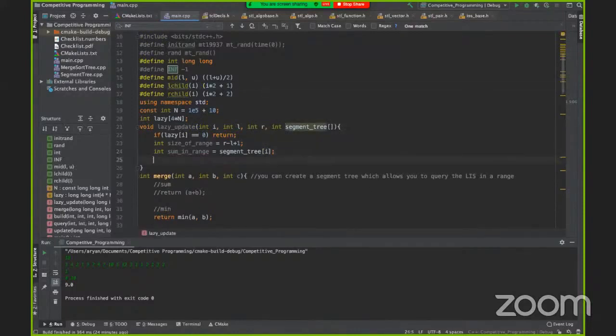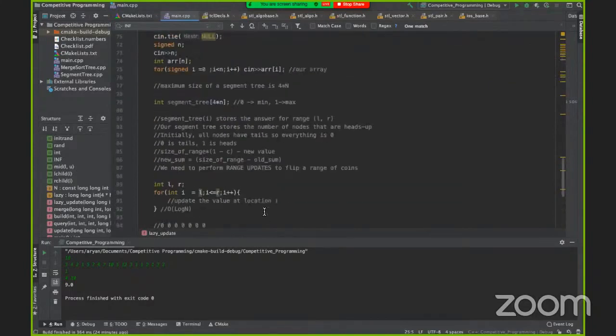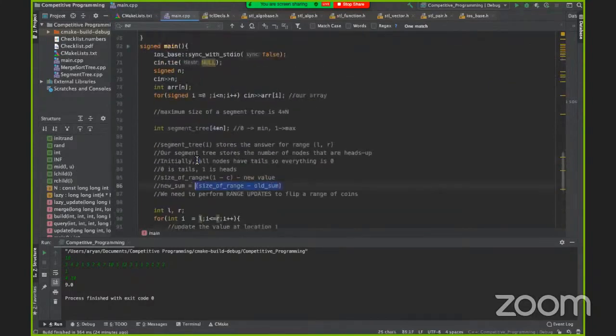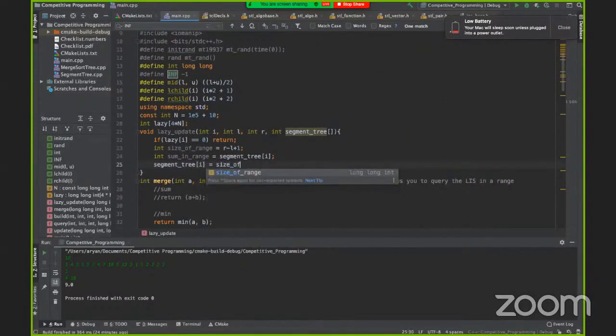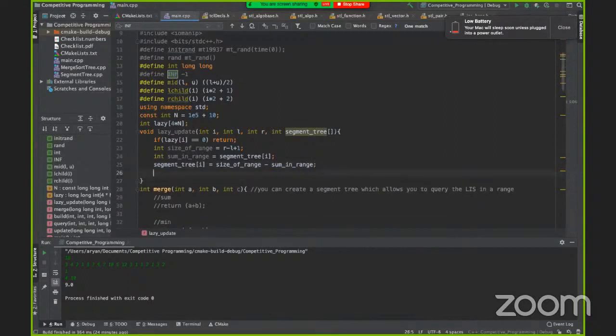Now we just have to flip it. As I discussed earlier, our flipping operation is size of range minus old sum. So our new sum, segment tree i, is equal to size of range minus sum in range. So we've performed the update.